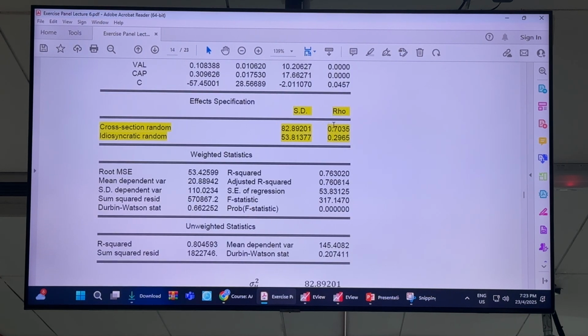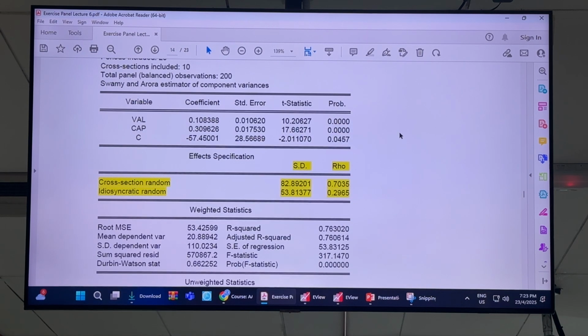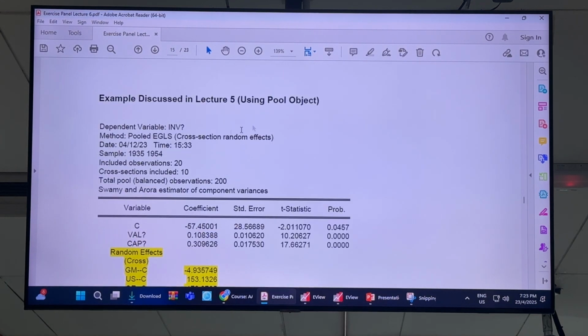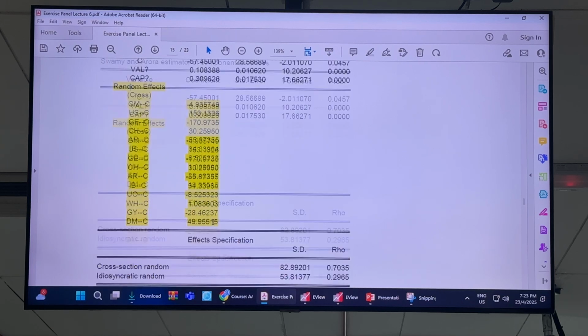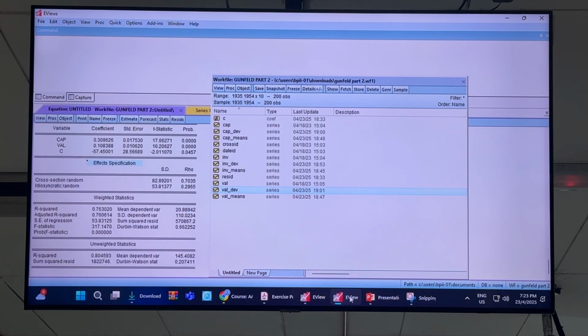So actually we want to test whether it equals to 0 or not equals to 0 here. So this is a random effect model estimation. Now, if you use the pool, like what we used in the workflow last week, you will get a similar result, and then together with the random effect. Then what we can know here, actually,